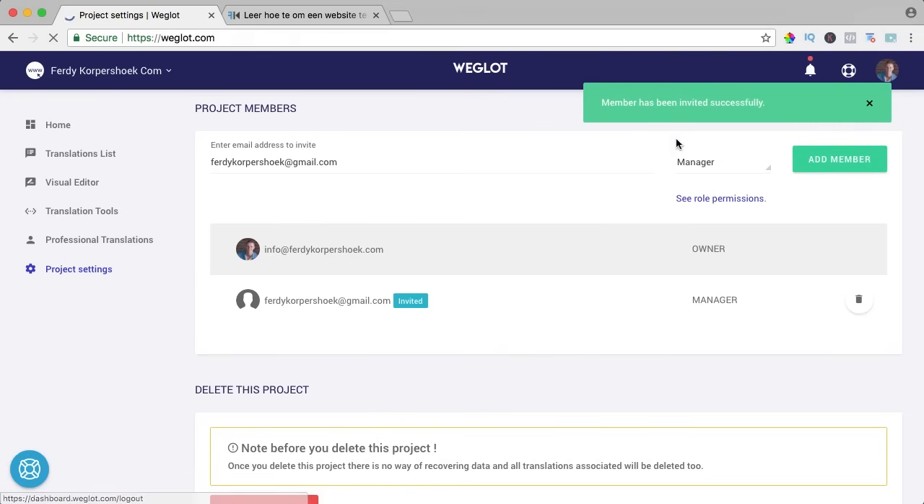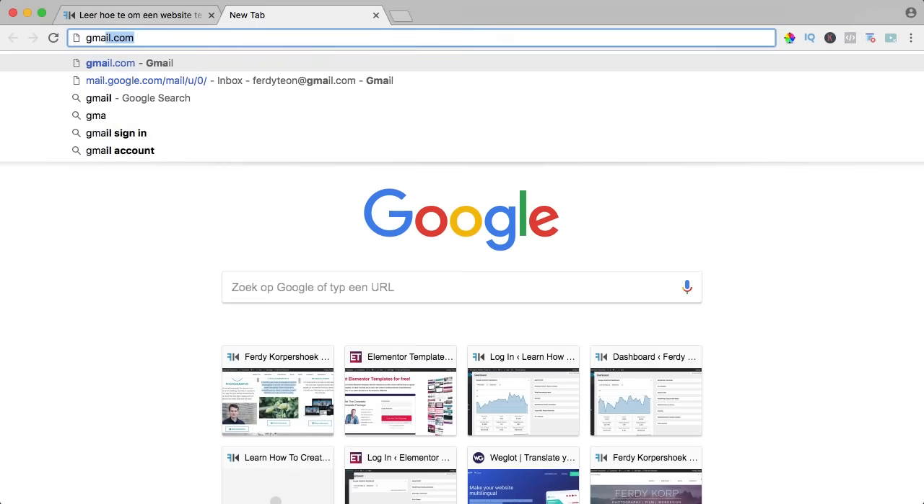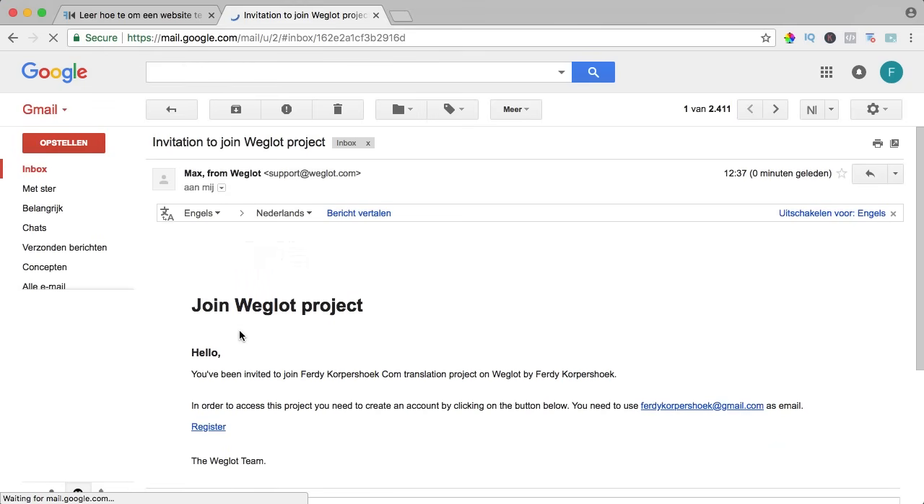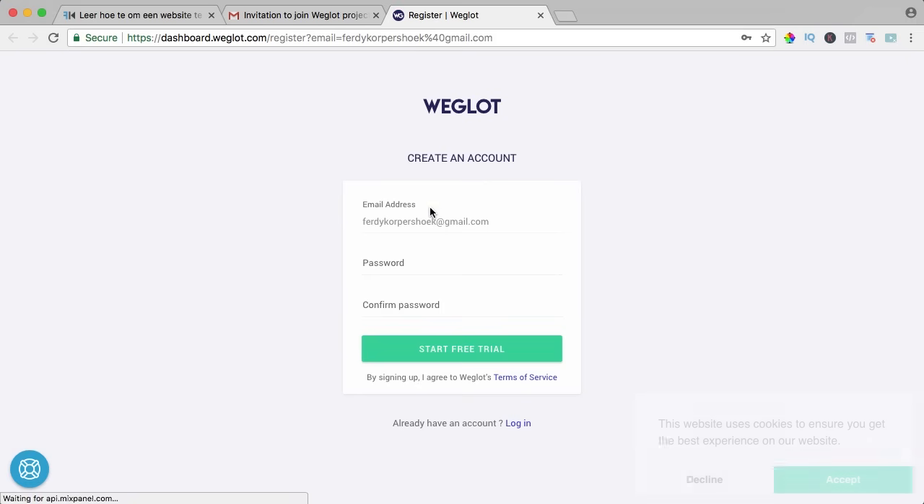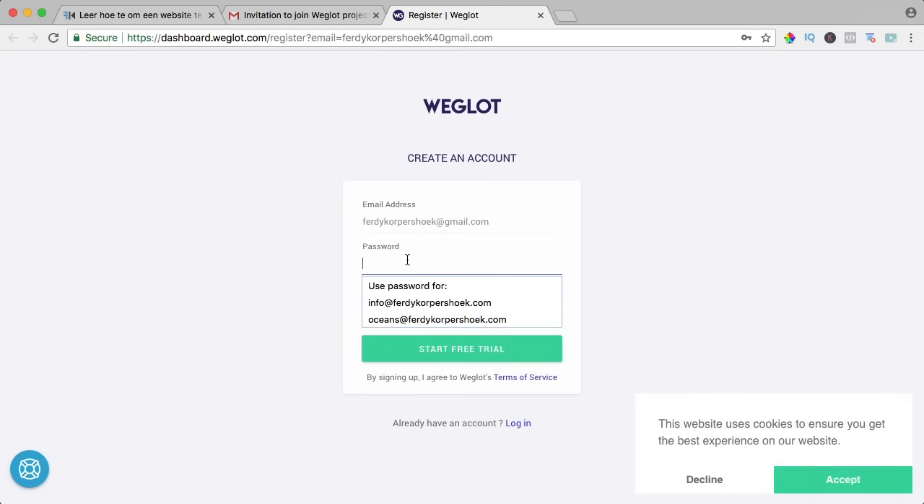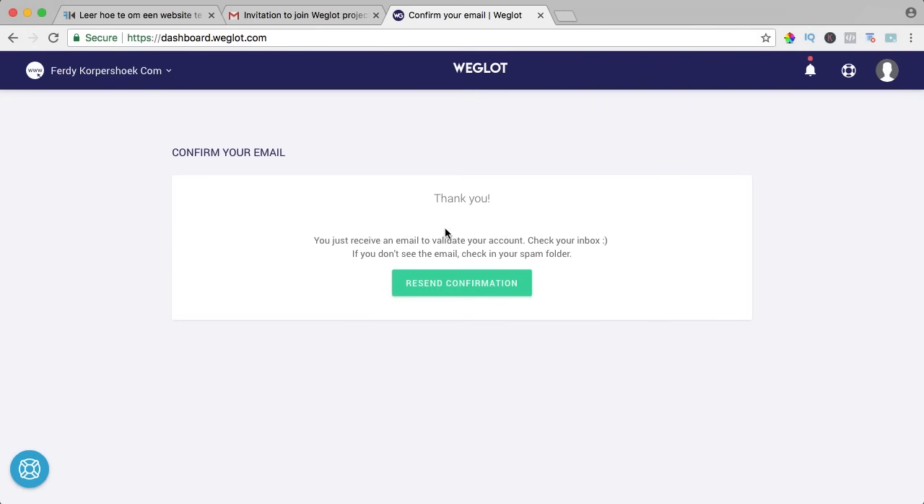Now I log out. I go to gmail.com and I got a message. You've been invited to join 30corpshoek translation project. In order to access, I need to register. So I need to create my own password, confirm it, start the free trial. I need to confirm my email,